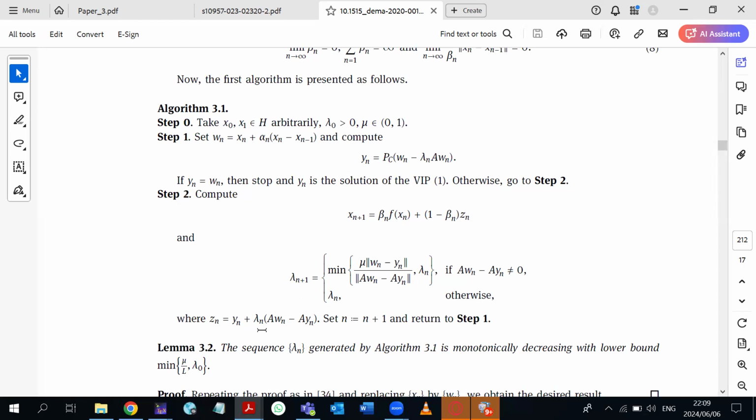So the only improvement they did to 1.1 is that they added inertia, that's all. Because this is just the algorithm of 1.1 plus inertia. Algorithm 1.1 now plus inertia, that's the only thing that they did. You check it very well.